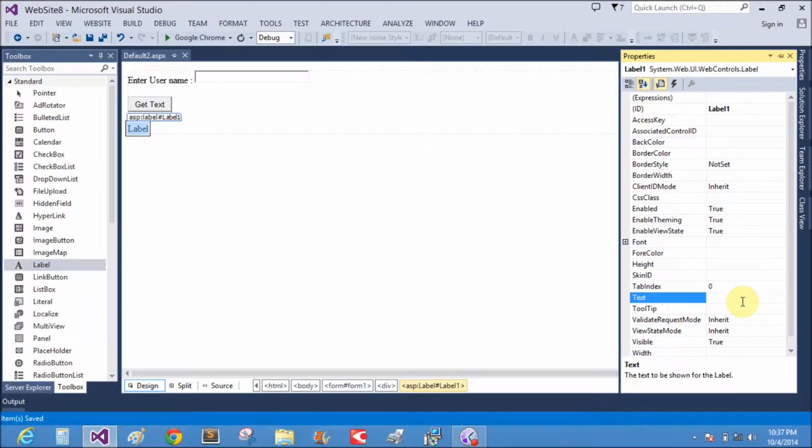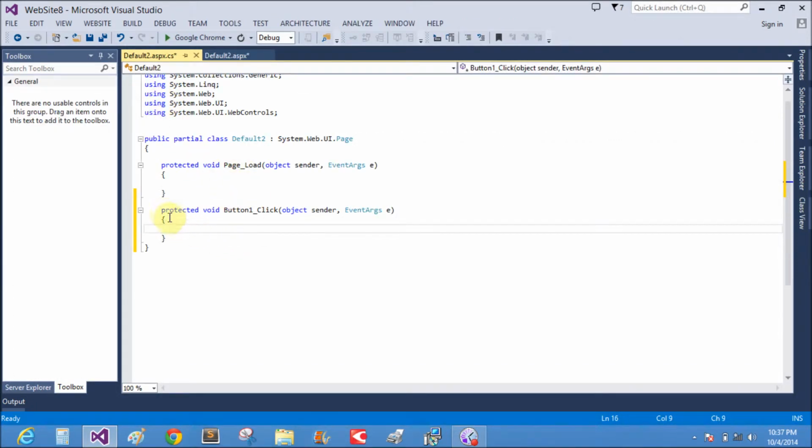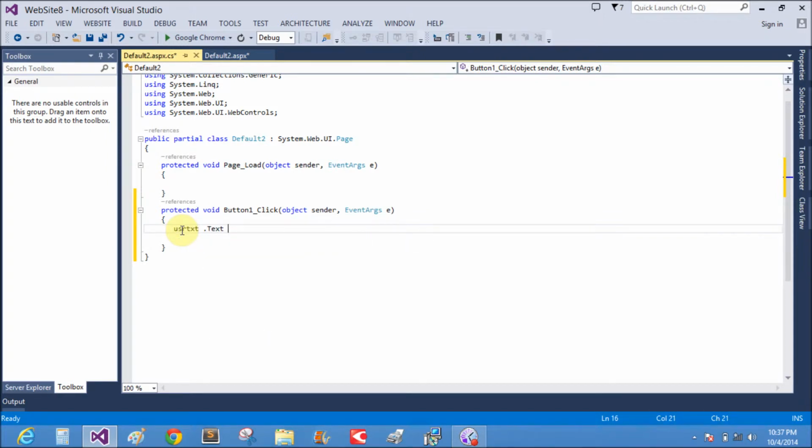remove the text of the label control. Double click on the button control and handle the event from the code behind file. That is TextBox1, but it's not there because the ID property is changed. UserText.Text. UserText is the instance name of the text box class, and Text is the public property. Assign some text. This is the single